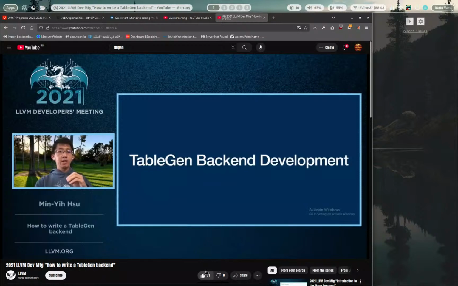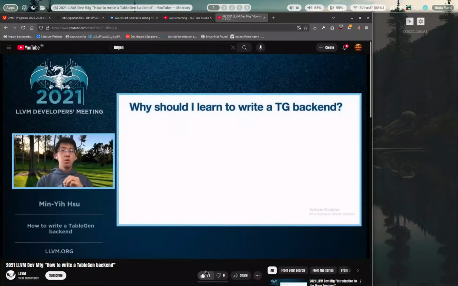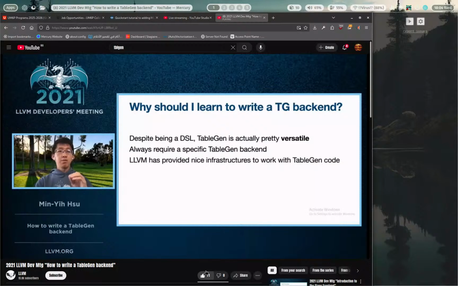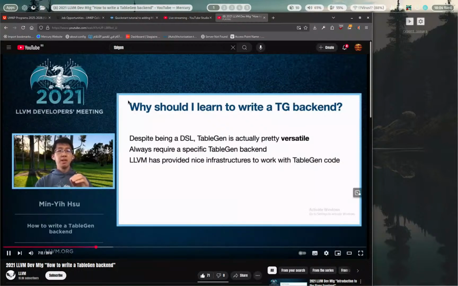So let's look at the topic we're going to introduce today, TableGen backend development. First, why should I learn to write a TableGen backend? TableGen, despite being a DSL, a domain-specific language, is actually really versatile. It can basically do anything, and it's pretty generic. But to do these tasks, it always requires a specific TableGen backend. Fortunately, llvm has provided nice infrastructure to work with TableGen code. So you don't need